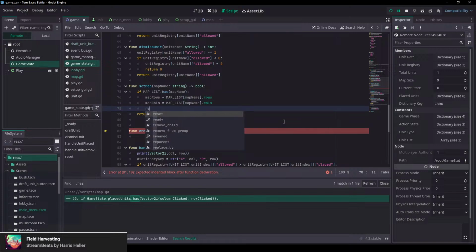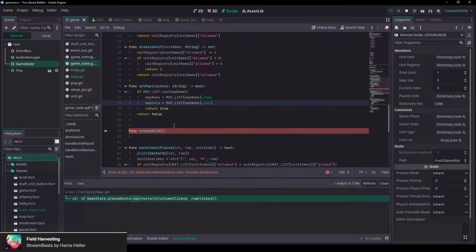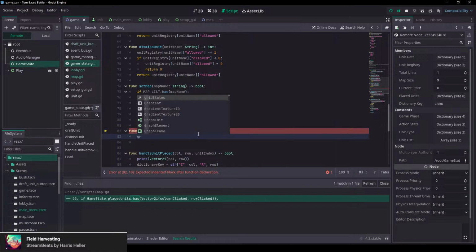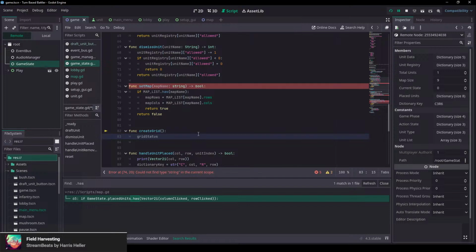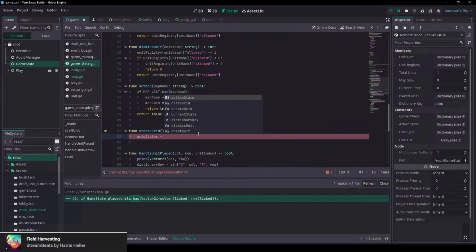And now we need to return here true. And then when we call create grid, we want to take our grid status and we're going to set it to